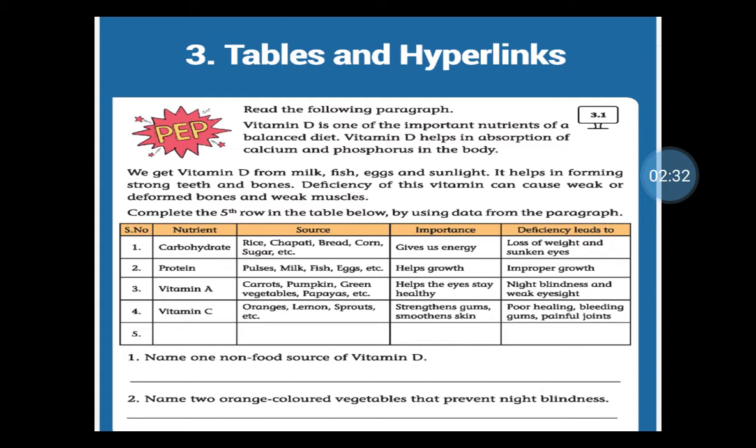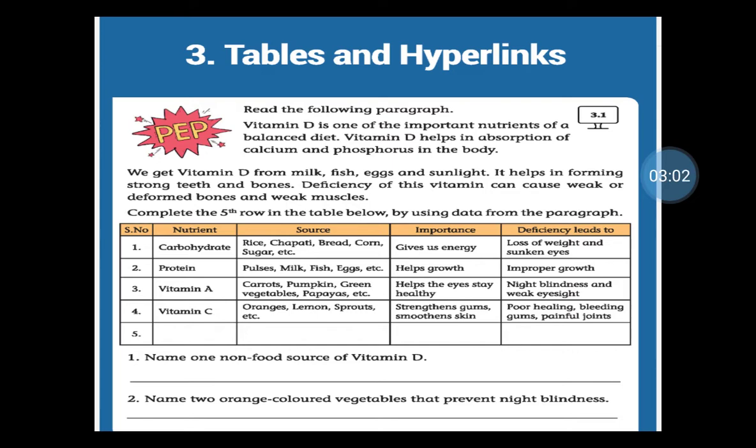And next, the source: which sources do we get vitamin D from? We get it from milk, fish, eggs and sunlight, right? You have to write that in the second column. In the third column, importance: what is the importance of vitamin D? And you have to write the deficiency, what it leads to, in the fourth column.